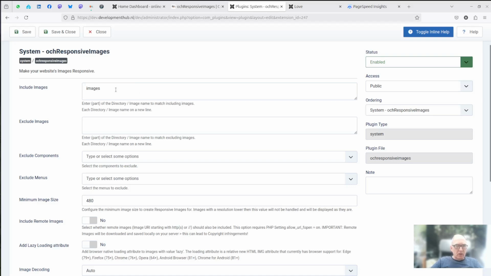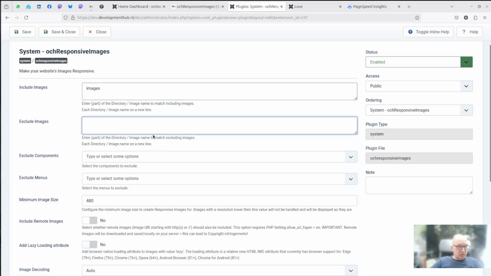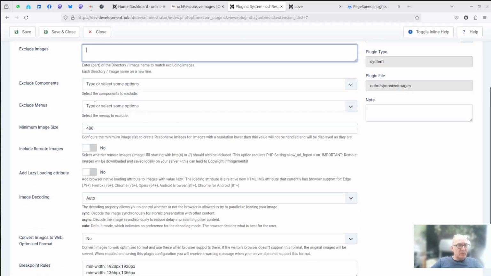So all my images on the website are in the images directory, so I want to include these. I do not want to exclude any images. You can exclude certain components, you can exclude certain menus, and you can set the minimum image size.